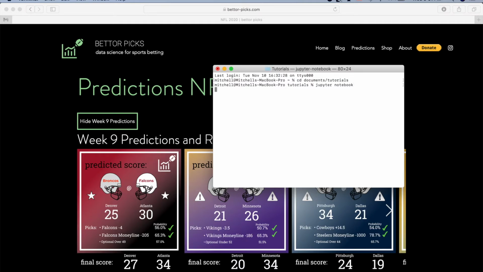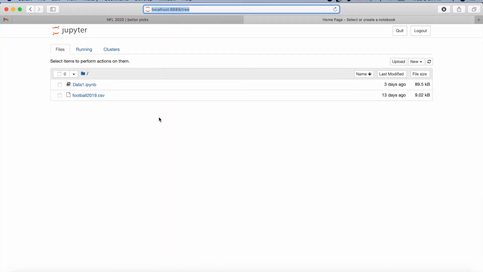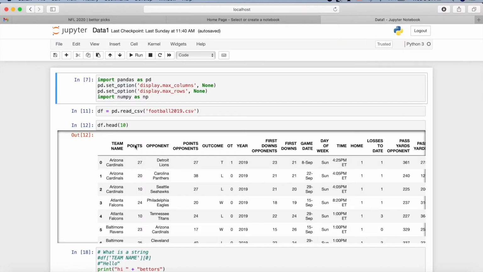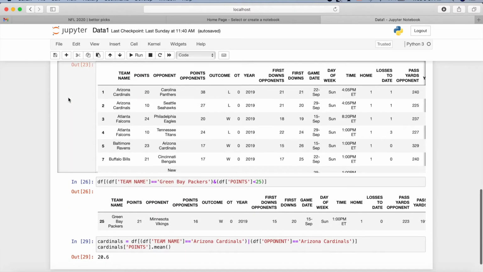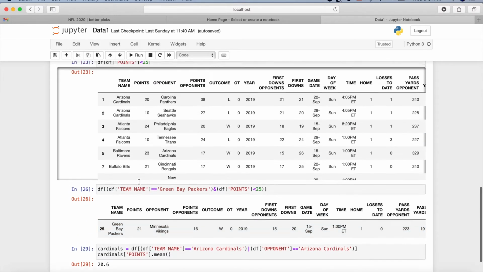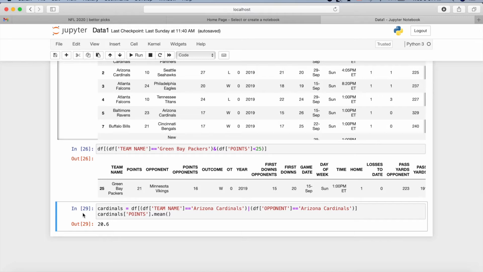Let's just go ahead and jump right into our Jupyter notebook from last time. If you recall, we still got these. Let's just open this up. And last time we went over what's a string, what's an integer, and went through how to start filtering data. So today,